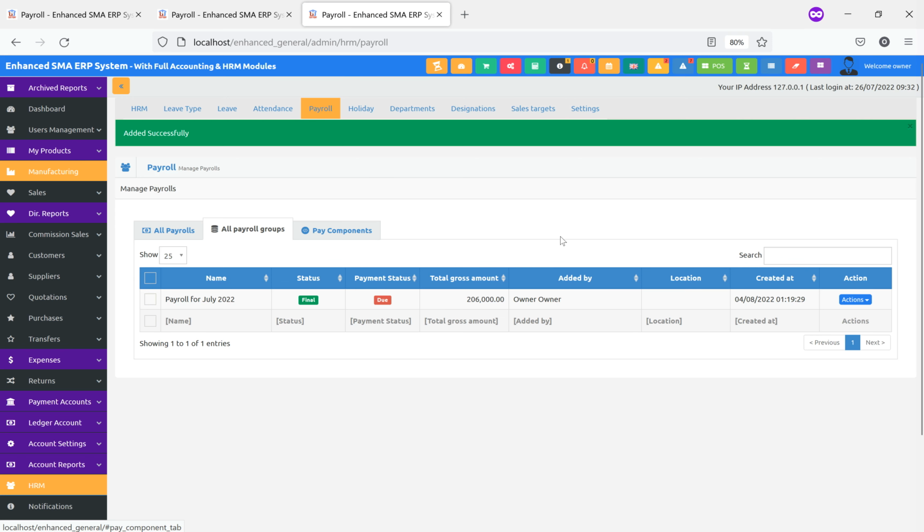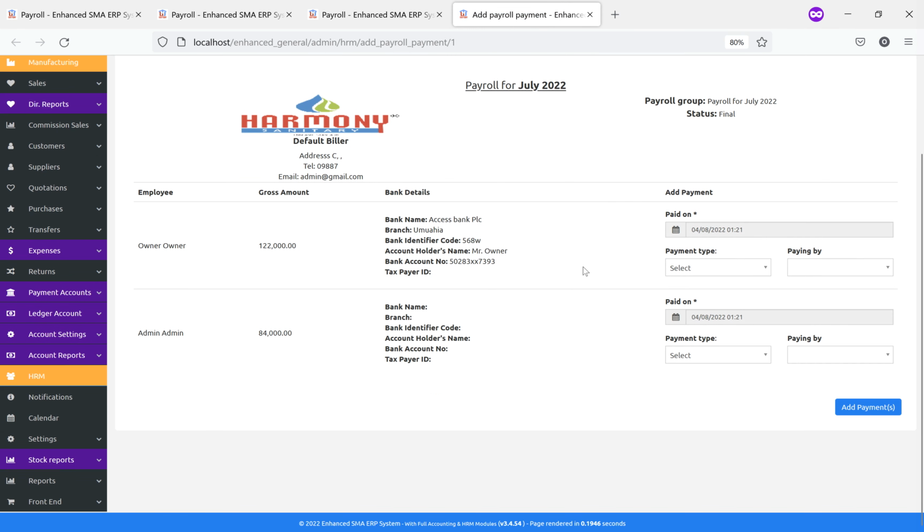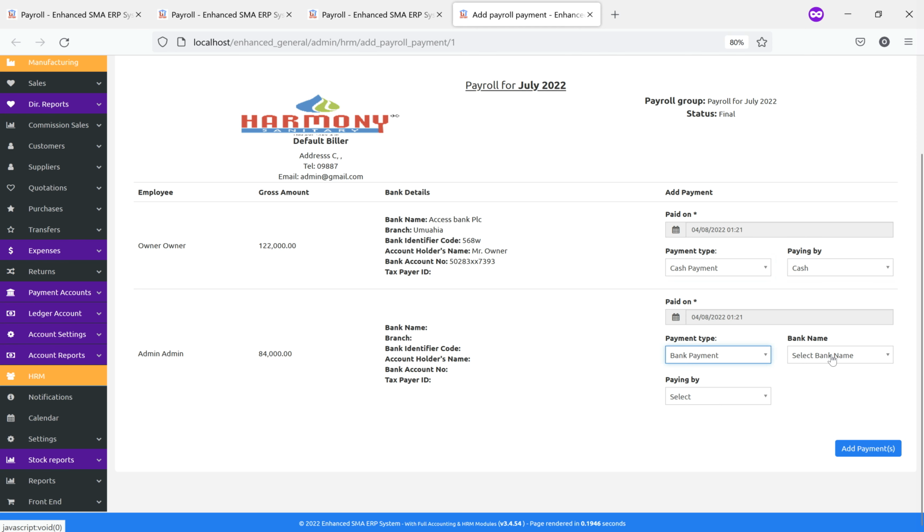You can now add payments to this payroll group by clicking on this action menu and clicking on add payment. Here you have each of the employees, their gross amount, their bank details, and how you're going to pay them. If you are paying via cash or via bank, you have to select that when you're adding the payment. Let's say we are going to pay this owner's account via cash, so we select cash, and we are paying this person, admin, via bank. Once you have done this, you click on add